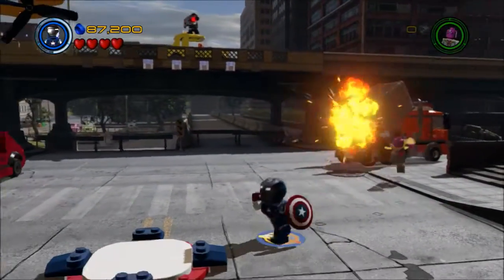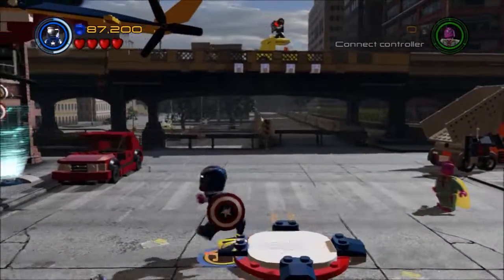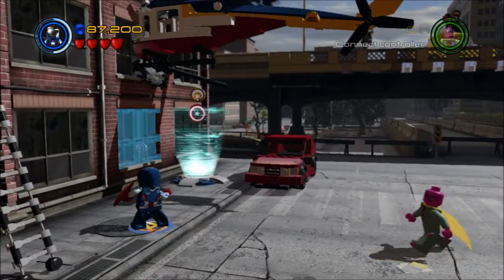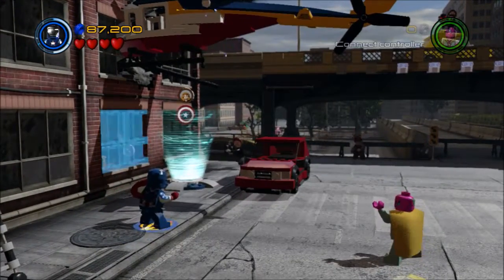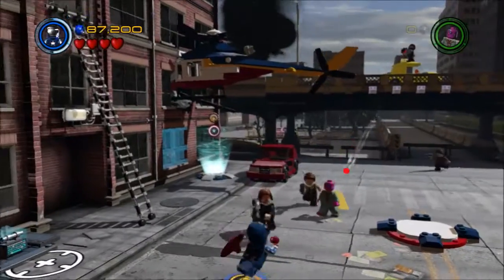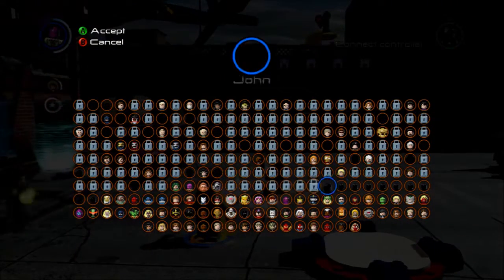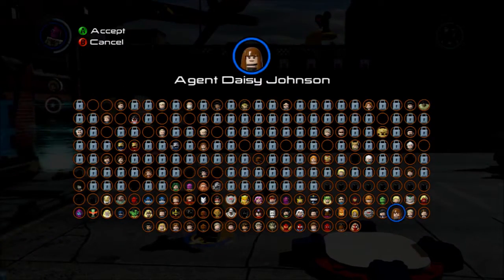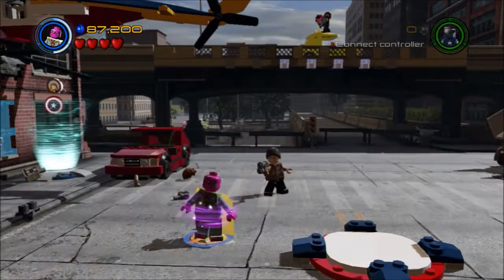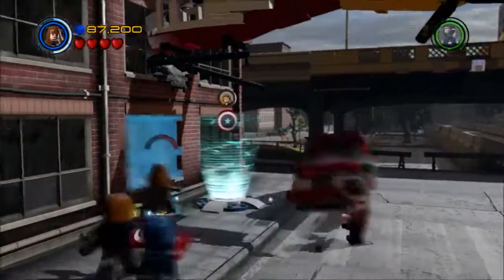But that's for the helicopter part, and we knew that. So we are going to concentrate here. Obviously there's a character token behind this glass door here. So we're going to switch out of the Vision since I need the shield. And we're going to go into Daisy Johnson to get rid of the...